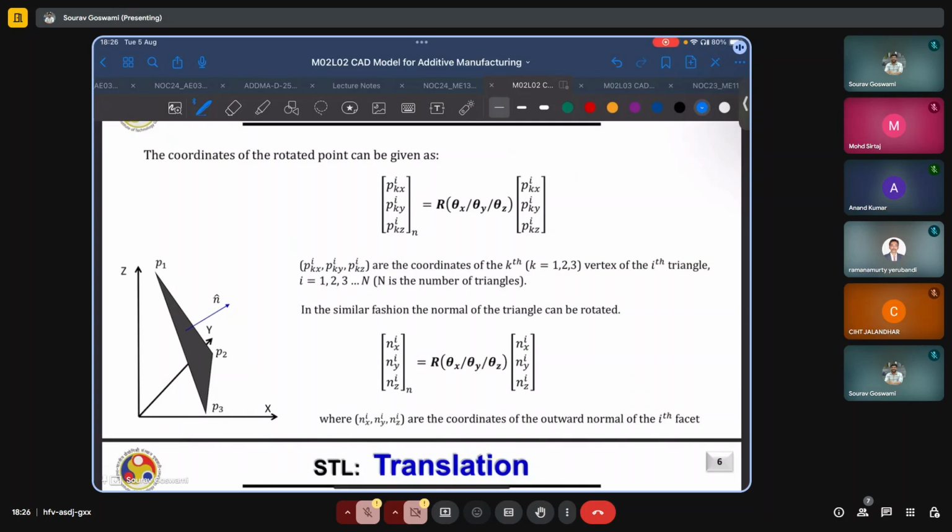To rotate a triangle, we simply rotate the 3 points, then link them up together, and you end up with your rotated facet. Thus, this operation is repeated for all the 3 points. The normal of the triangle can again be rotated in a similar fashion, where similar to a point, the new components of the unit normal vector